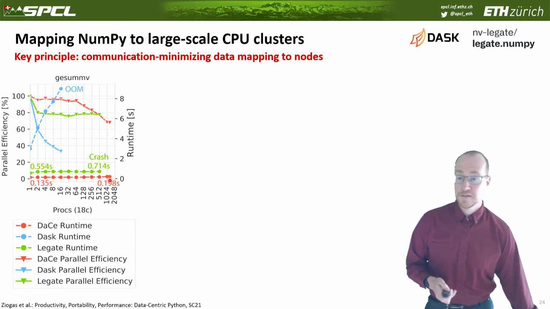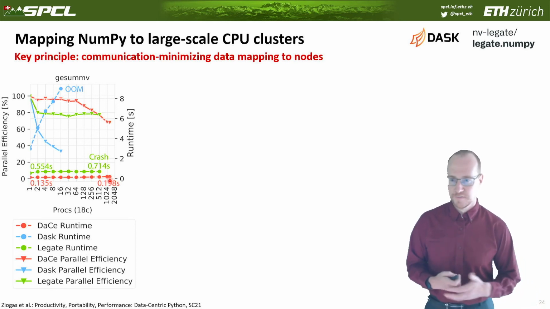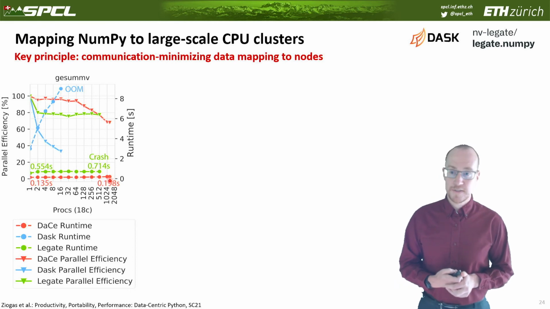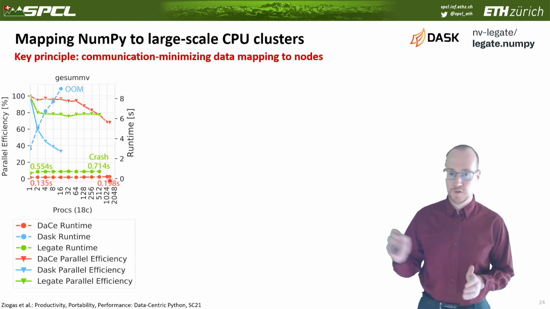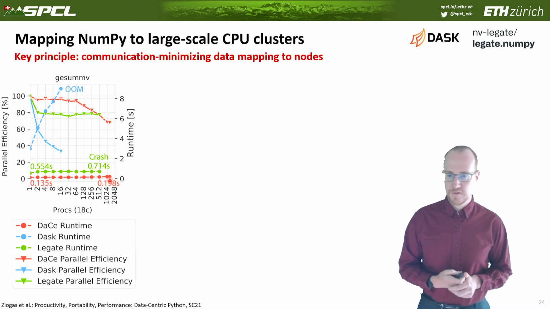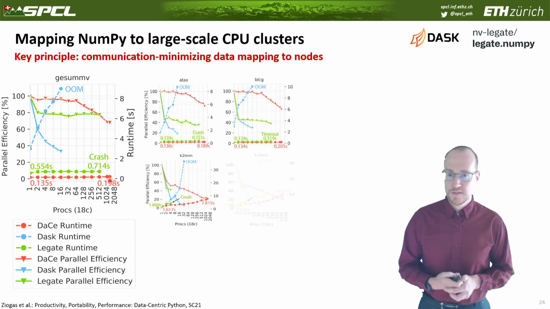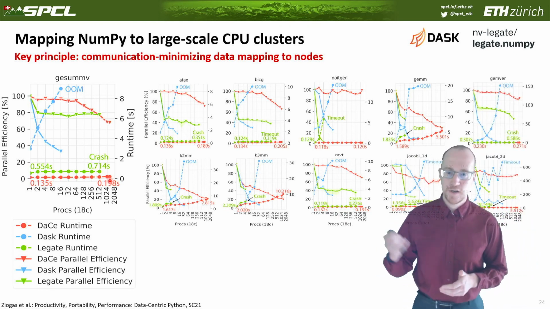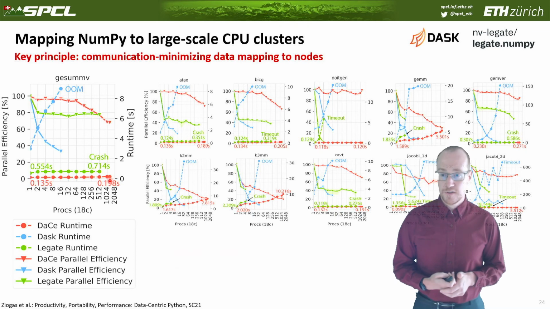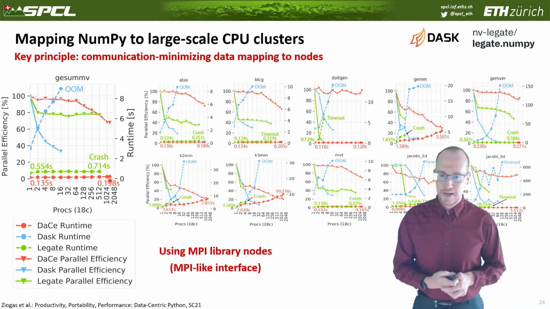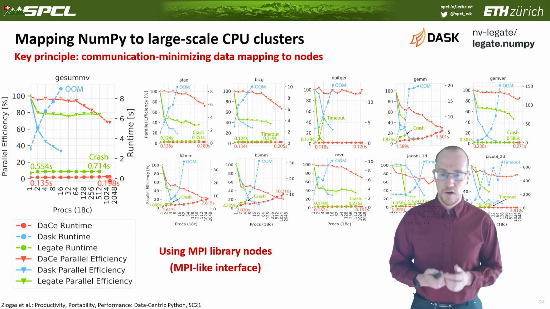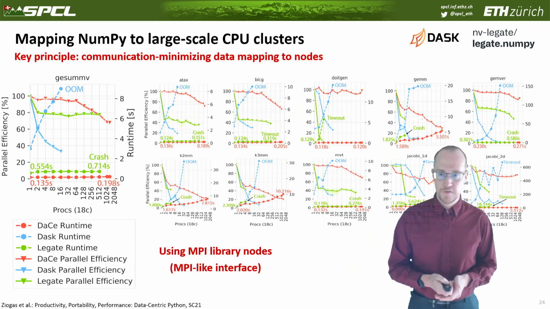And unfortunately, Legate in this prototype version crashes with several different errors for large-scale runs, but we believe this is fixed by now. We reported it back to the Legate team, so don't overemphasize these crashes. Look at the performance. And then we have lots of different results here. As I mentioned, this whole NPBench has lots of different applications, and we can look through all of those, but the gist of these graphs is always the same, and we are really using an MPI-like interface through these library nodes. Again, like we can call optimized GEMM libraries from DaCe, but we can also just call optimized MPI implementations, which is very useful, of course.